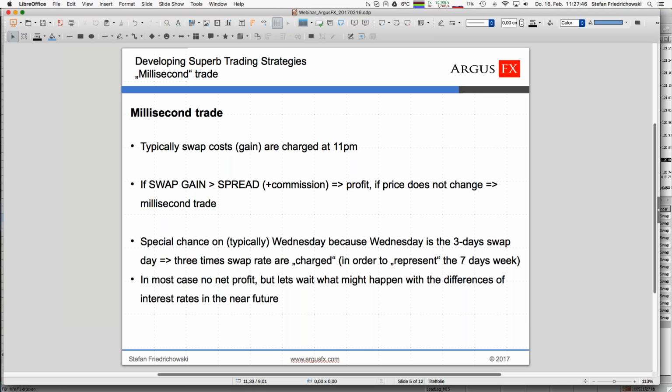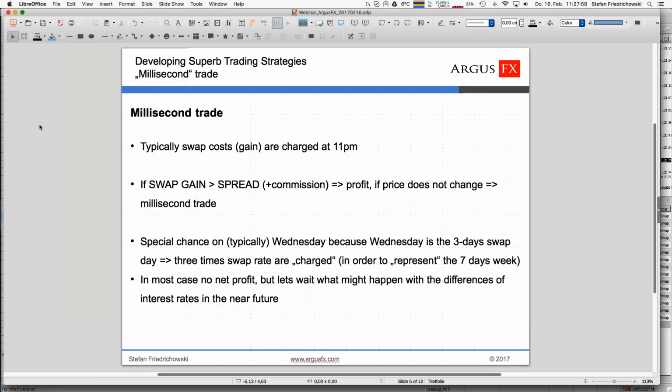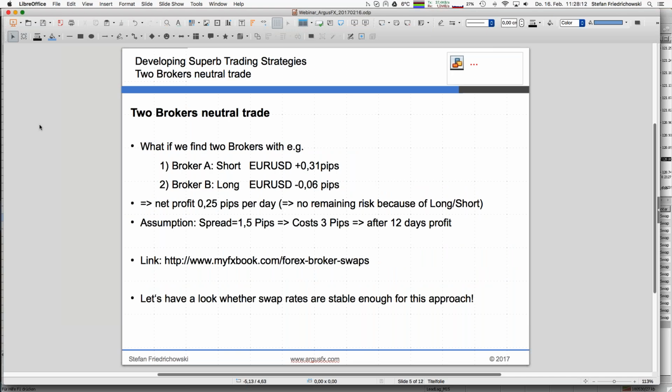Still, there's one assumption, and that assumption is that the price does not change during those milliseconds for that kind of trade. So I would still have that risk that the price changes. Anyhow, give it a chance, keep it in mind, but right now, at least at Argus FX, it would not generate money. Okay, but let's go for the next one. And the next one